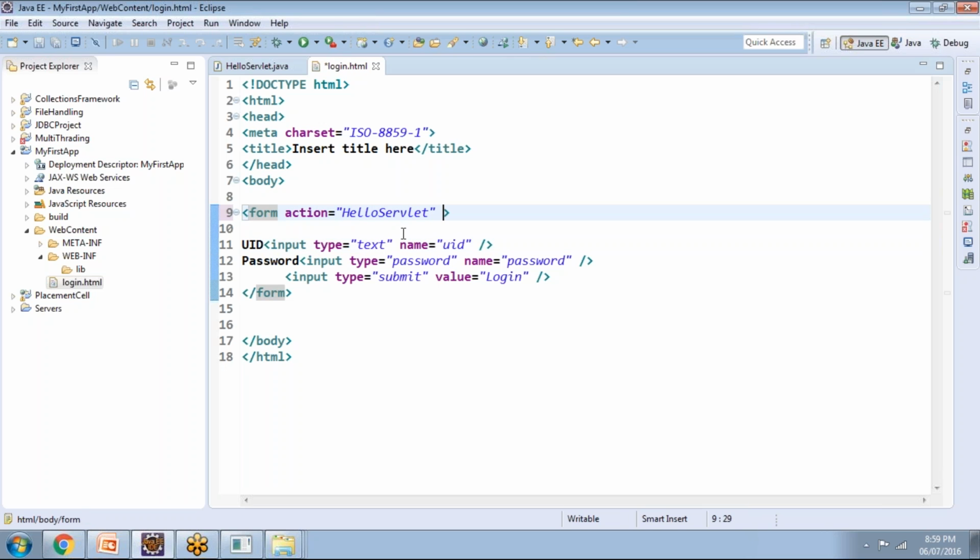And the method through which I want to transfer the data. Data will be transferred from this HTML page to the hello servlet. So there are two types of method. We can write method equals to, and there are two options. First one is get, and second one is post. Now what is the difference between both? Firstly, I am using the get method. When executing this code,